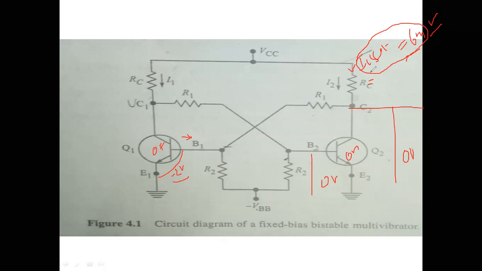Okay, in the third sum they have not given these two values, that's why we assumed this value. Instead of assuming this current, we assumed the voltage, so that we may get the RC value. RC is nothing but VCC minus VCE divided by IC. You may get this value as 2 kilo ohms.